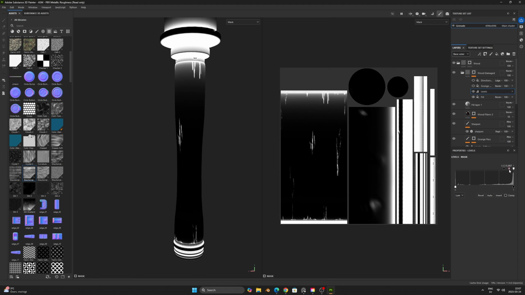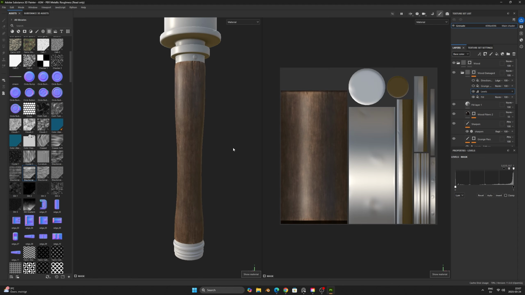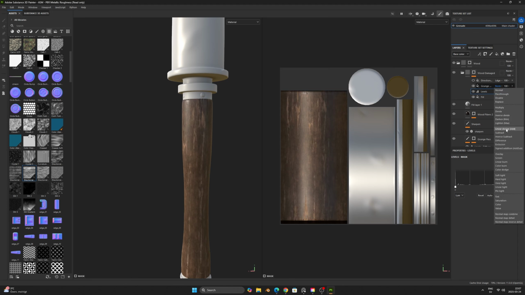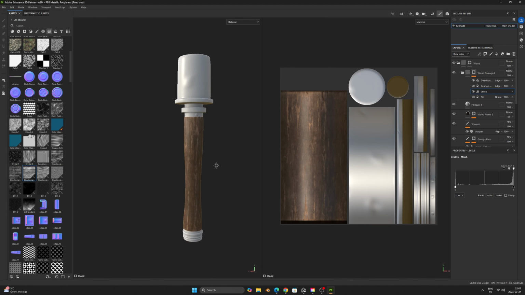Pressing M to see the material view, this is looking good, and we can make the other layers visible again. But also remember to change the blending mode of the grunge map layer to linear dodge add, as it now needs to add on top of the one we just created. This is looking nice for the damaged wood section so far, I think, but it still looks a bit flat